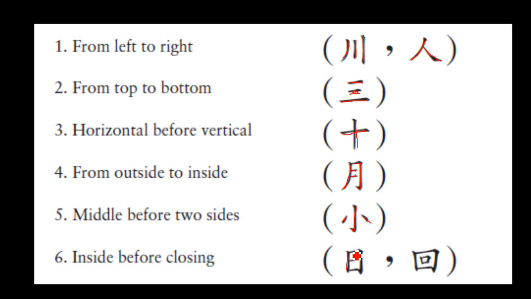Number 6, inside before closing. 回 means back. 竖横折横横。竖横折竖横折横横。